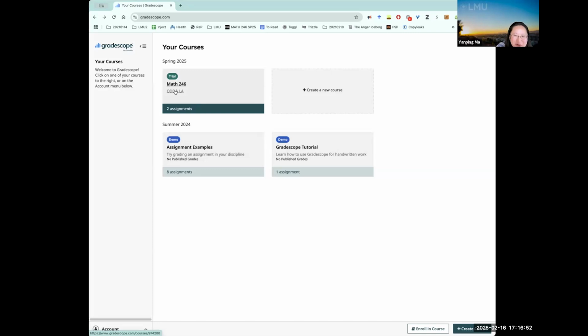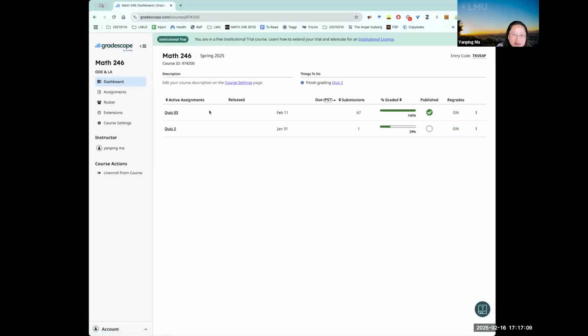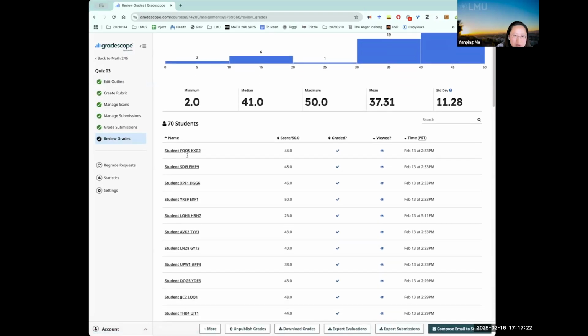Okay, I'm going to say a couple more words about this new thing, which is Gradescope. I'm not paid by them, just a quick disclaimer. If you have never used it before, I highly recommend it, and I'm just going to show the idea very briefly. As you can see, I'm new to this. I just graded my first quiz in here. So the idea is pretty nice. You can do a free trial first, and I just want to walk you through it very quickly.